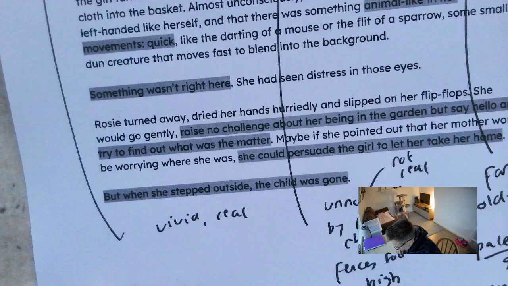So calm response from Rosie. And then you've got this final line, but when she stepped outside, the child was gone. Okay, that seems a bit dramatic and sudden ending. So you've got the sudden ending there as well.